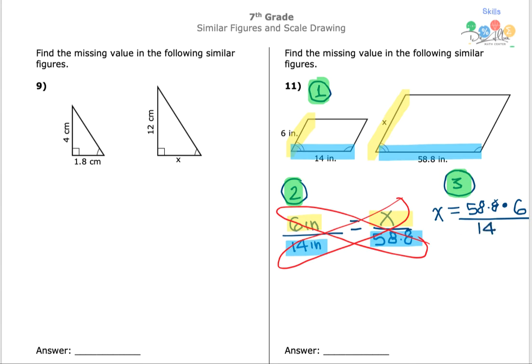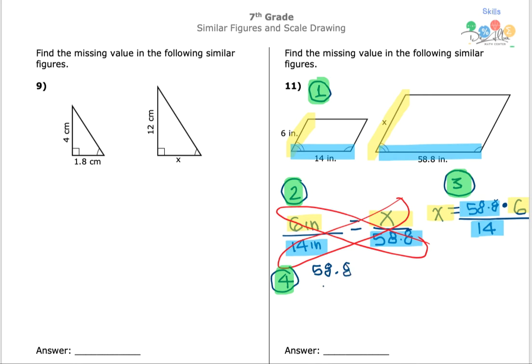I'm going to identify the colors. This is the 6 and the x. And I got the 58.8 because it was across with the 6. And that's what they ended up multiplying together. And then the 14 on the side. My next step will be to do the operations. Can you help me to do the operations? We're going to get started with this multiplication here. That is